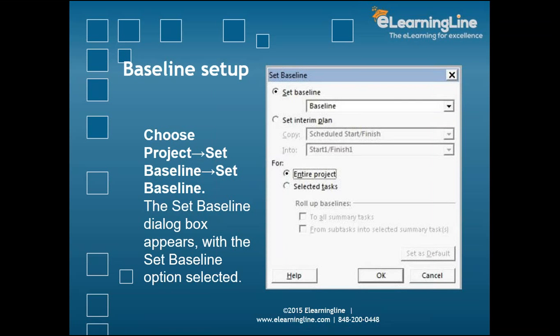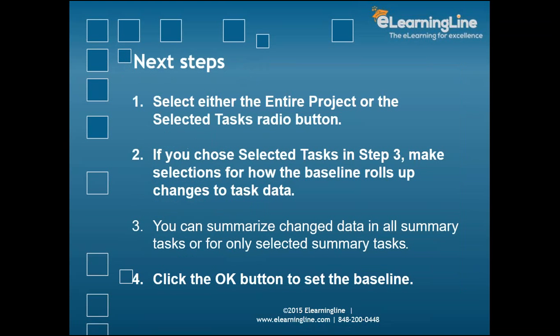Let's say mostly we work on projects where we have the entire baseline. Very less likely you will see, in non-IT specific projects, a baseline which is not for the entire project. So what will be the next step? The next step is, whether we selected the entire project or the radio button specific to the task, whichever you select, after selection the baseline rolls up the changes to the task data. So once that is done, the dates are fixed, all the numbers and everything is fixed.